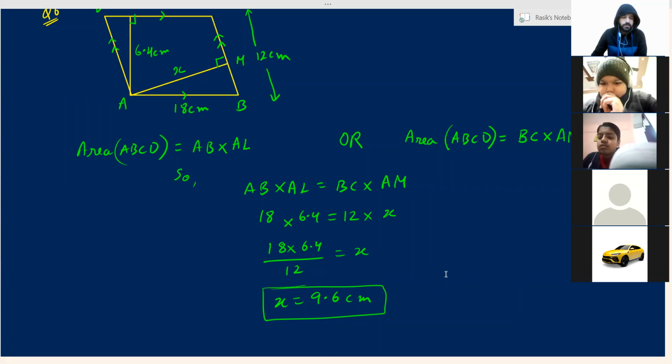Here the adjacent sides are 15 and 8. One side of the parallelogram is 15 and the adjacent side is 8 centimeters. And the distance between the two longer sides, that means 15, and the opposite side is also 15. In a parallelogram, we all know that opposite sides are equal. So the height corresponding to the 15 centimeter base is 4. If 15 is the base, 4 is the height. If 8 is the base, you have to find the height. What will be the height in question number 7?